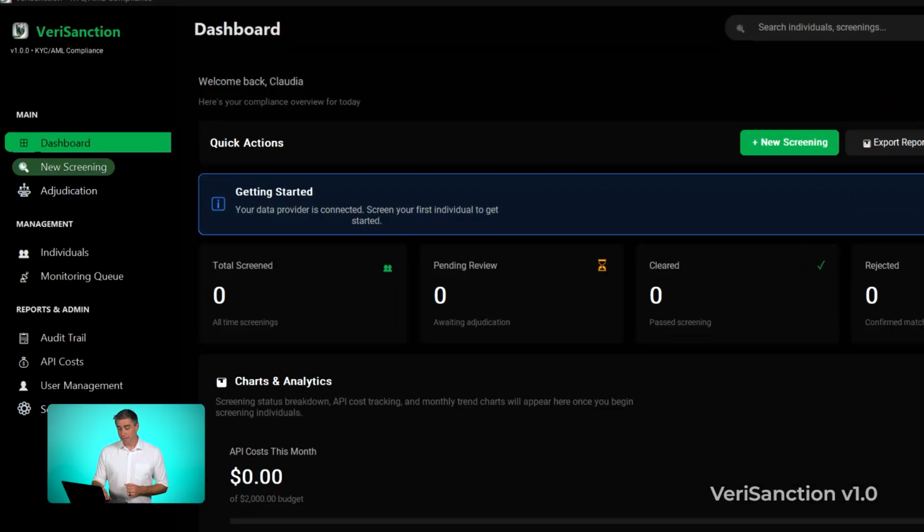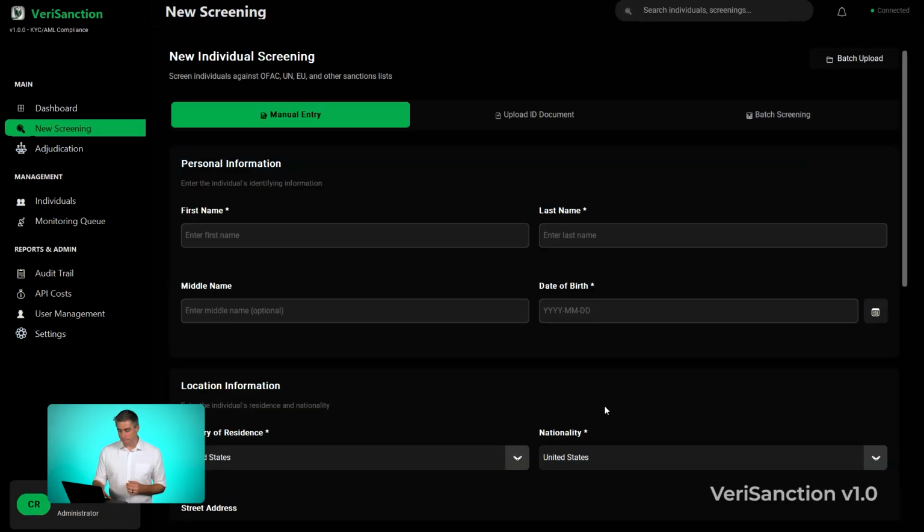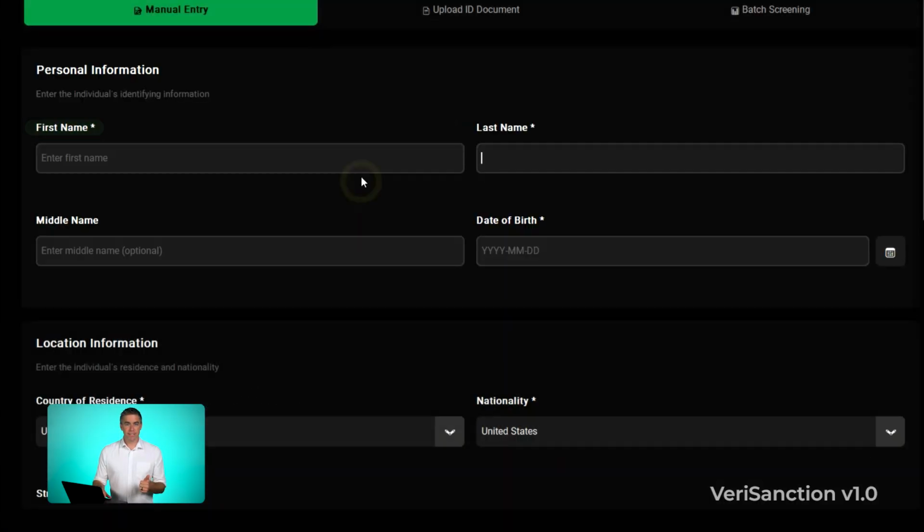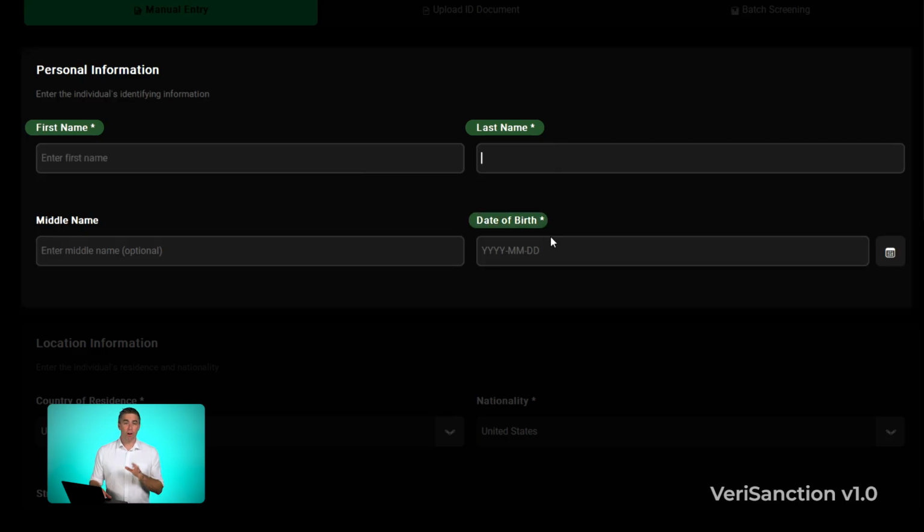Every screening in VeriSanction starts in the same place, the new screening view. Click New Screening in the sidebar, or just press Ctrl+N from anywhere in the app. 3 fields are required: first name, last name, and date of birth, all in the personal information section at the